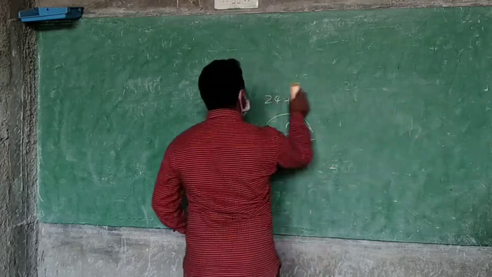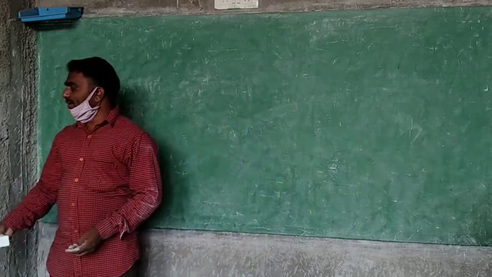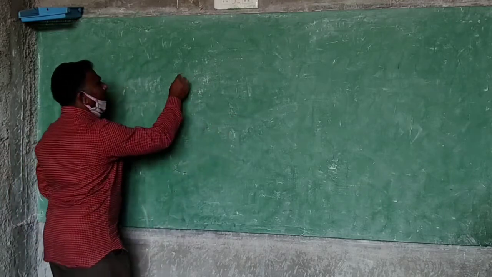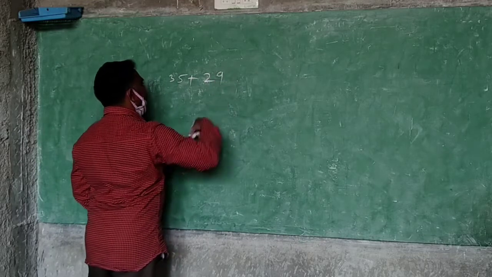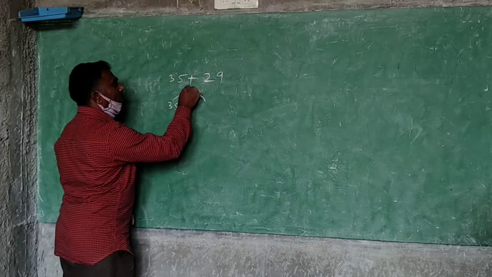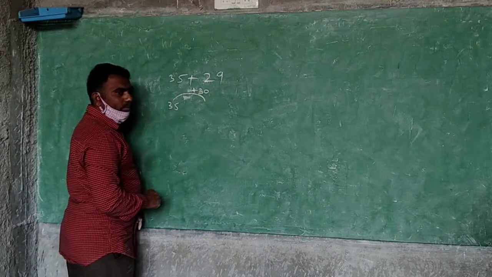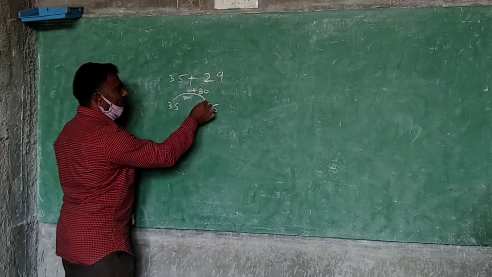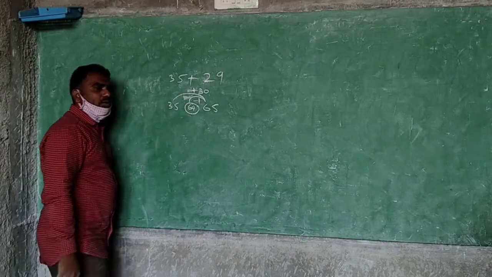You do one thing. For some problems, I will write on the board. You write in your notebook. Then I will give extra questions. Okay? So first question, you see here: 35 plus 29. So how do you do? 35, what will you do? Plus 30, no? Plus 30 means what will become 65. Now extra I have taken. That's why again minus 1. So the answer is 64.